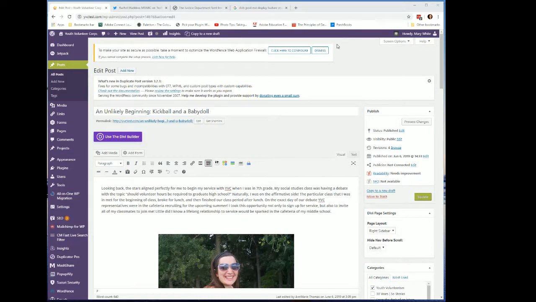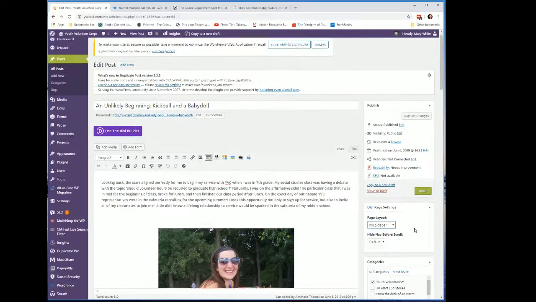Okay, I'm going to edit the post and I'm just going to show you what I did. I have the post open and it's using the classic editor right now. The first thing that I'm going to do is come over here to the page settings and set this to no sidebar, and that will get rid of the sidebar on the page